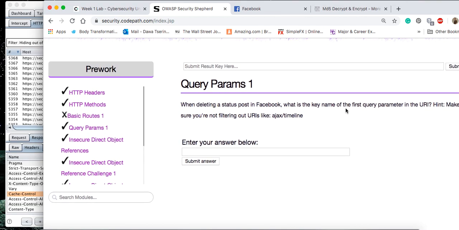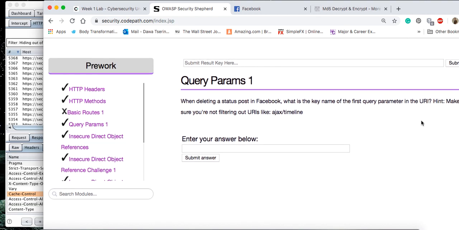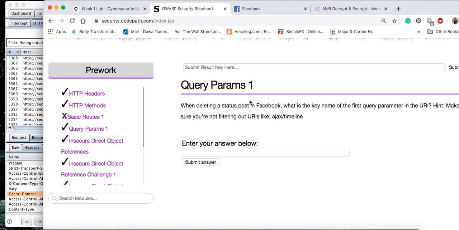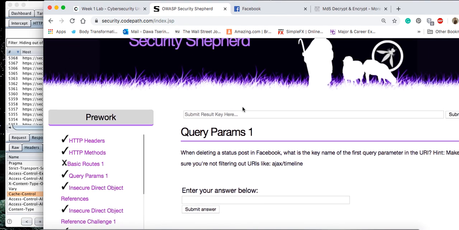Okay, so now it says, when deleting a status post in Facebook, what is the key name of the first query parameter in the URI? So we have a hint given here. Now, what's a query parameter, first of all? These are just extensions of the URL that are used to help define specific content or actions based on the data being passed. It'll be more clear if I go back to